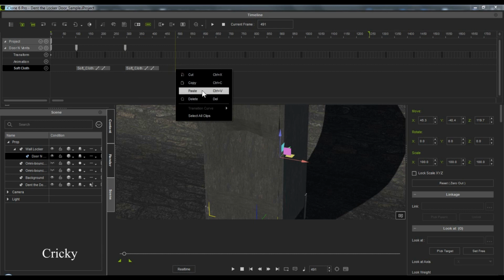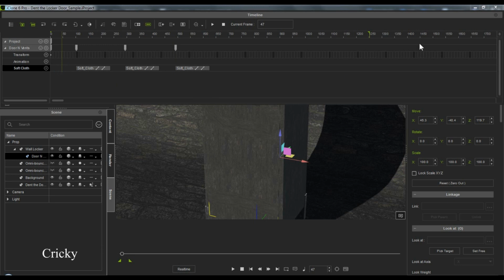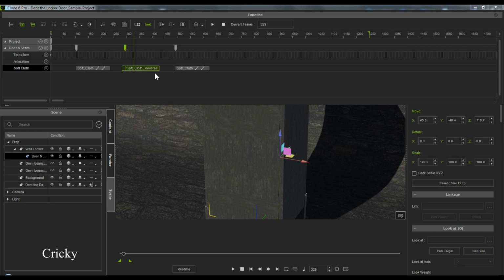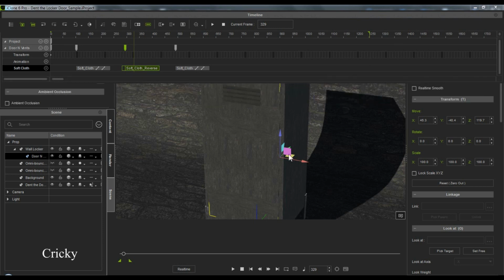Kind of like a vibration thing, I guess you could say. And we'll paste it again, so we get 3 hits. It's all going to be the same exact hit, but I don't know if this can be reversed or not. We're going to try and reverse it here so it pops back out, and then it pops back in. And let's see what it does. This is a test on my behalf. I have not tested this before, so